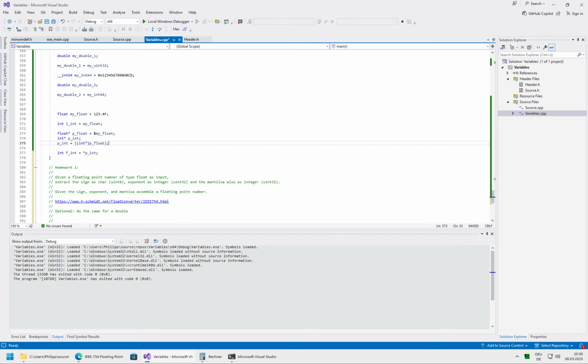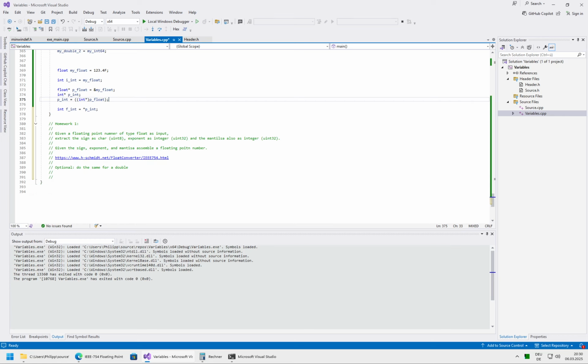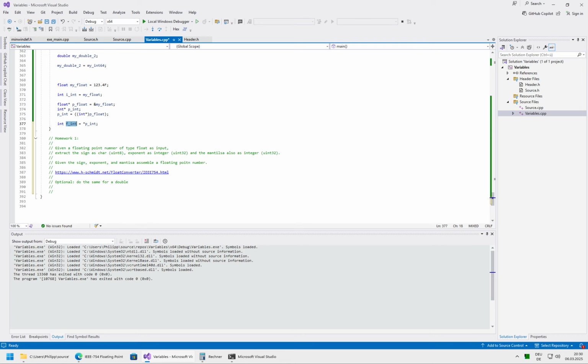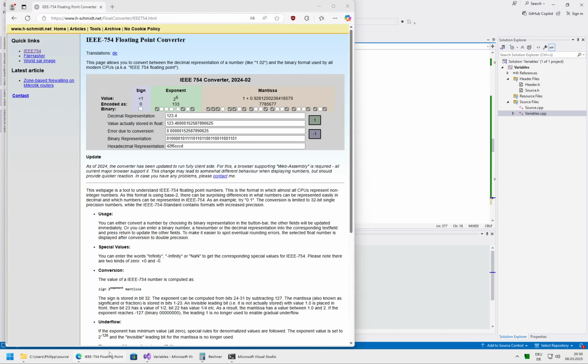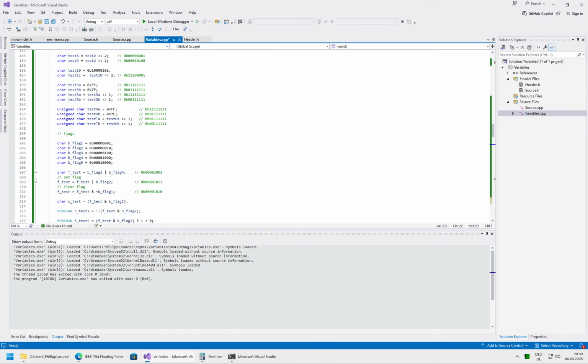And in principle, your starting point is this code that I provided here. You have some float as input. You make an int out of it so that you can start using these bitwise operators. And then, just on one example, if you would want to get this sign out, what you would do is